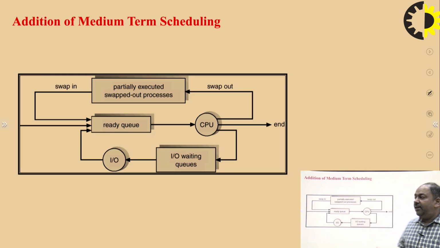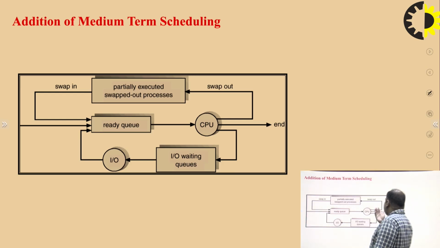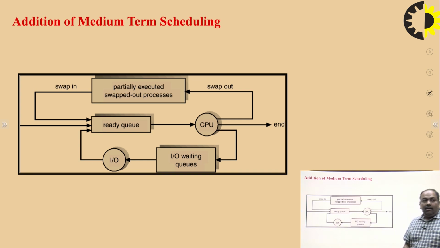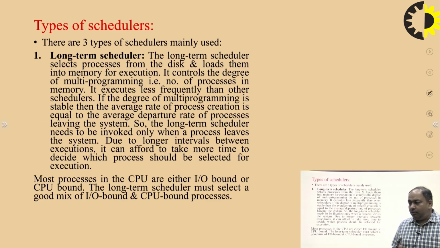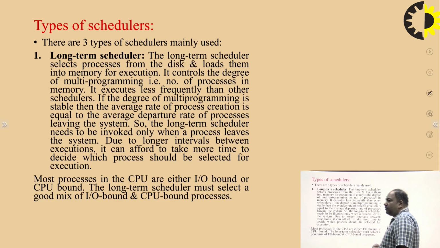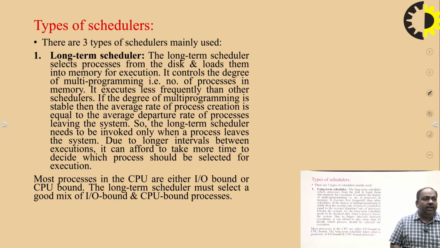and after the waiting state is over, it again comes into the ready queue, and from the ready queue it comes into the running state, and from that running state it executes and is finally terminated. That is the process state. So when I talk about the description of all these types of schedulers, the long-term scheduler selects the processes